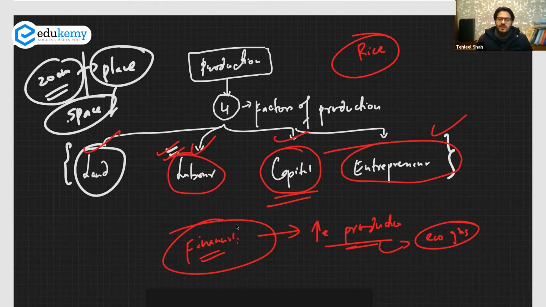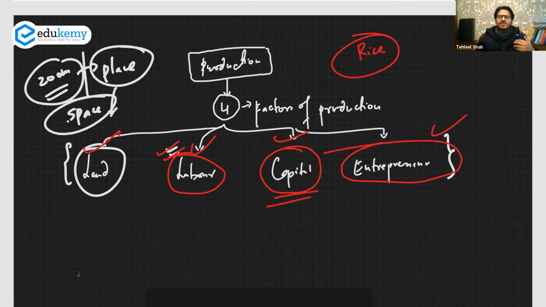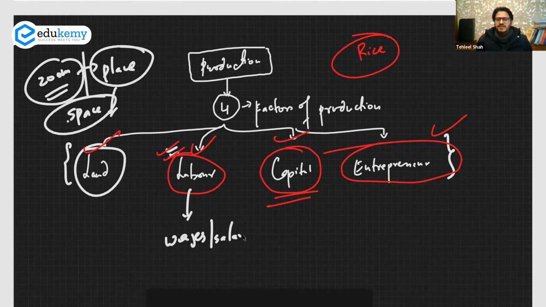But you have to also remember that for getting these factors of production, they have a cost as well. So they don't come free. When Edukemy hired me, Edukemy hired a laborer, it hired a teacher, and I am not free for Edukemy. Edukemy pays me a hefty amount, say for example. Now, the laborer has to be paid wages, right? He has to be paid salaries. Land has to be paid rent. Like, if you actually purchase a Zoom, you have to continuously give rent to the Zoom. That is considered a factor payment.